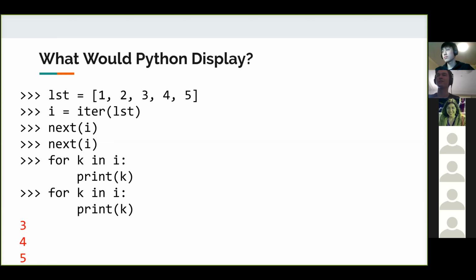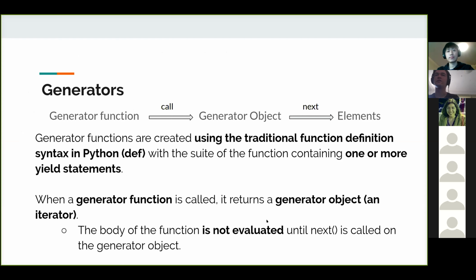Okay, Charles, you can answer the rest of the text questions. I'm going to move on to generators. We're going to talk a bit about generators because there's a lot to break down here. We'll kind of start with